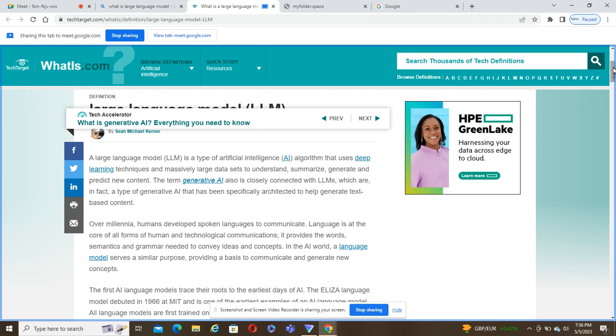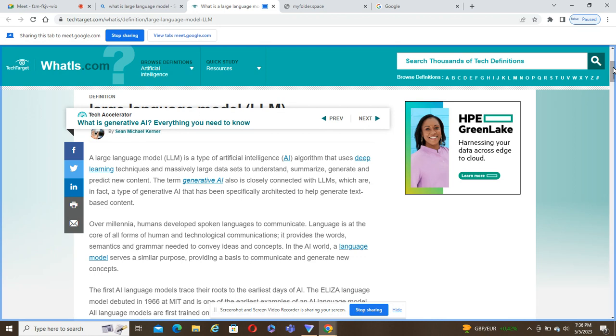So you can train on data, and based on the data you've trained, the AI can make predictions on that data. So it's an algorithm that uses deep learning techniques on massively large data sets to understand, summarize, generate, and predict